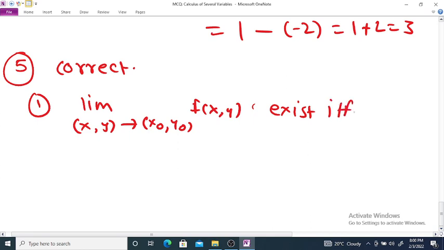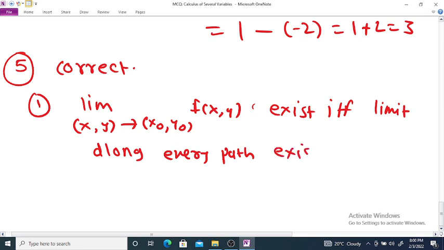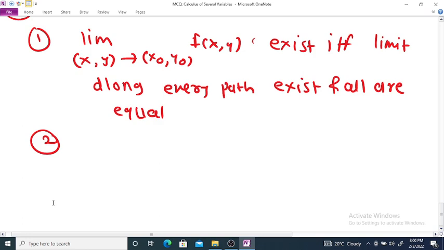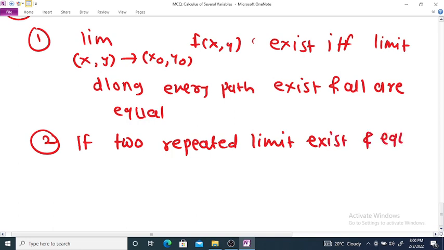if and only if the limit along every path exists and all are equal. This is the first option. The second is: if two repeated limits exist and are equal,